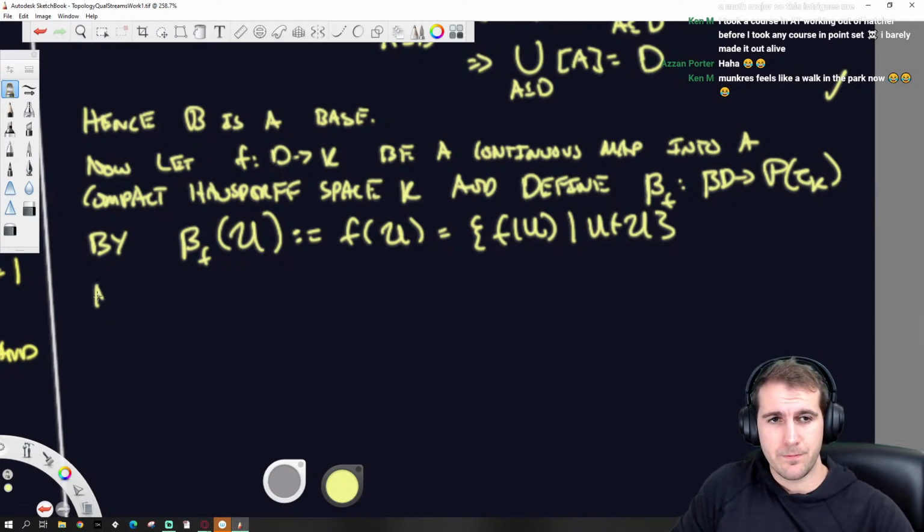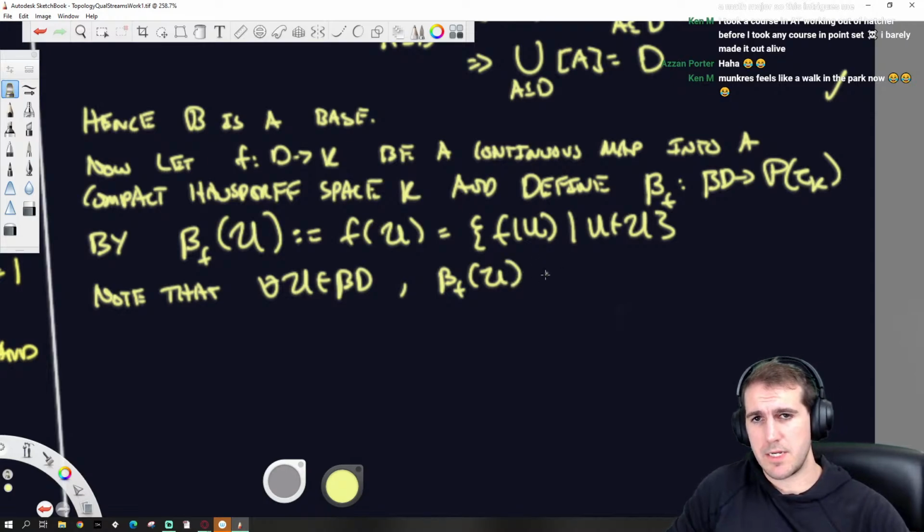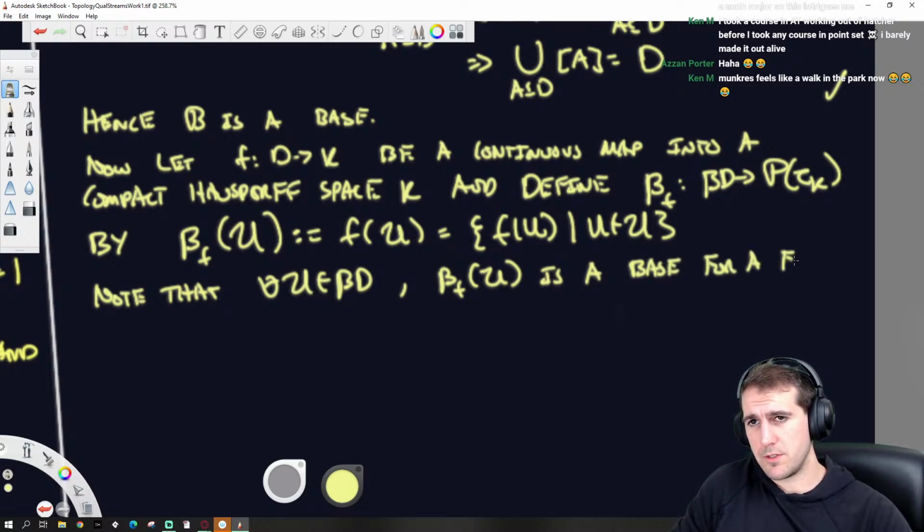So note that for every ultrafilter within beta D, beta f of u, that is a base for a filter.